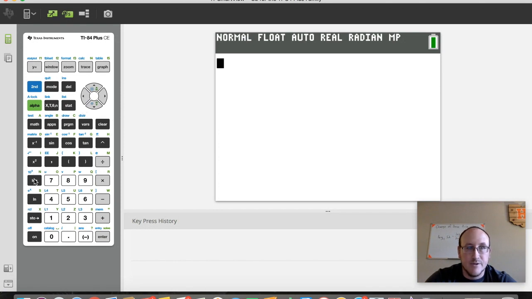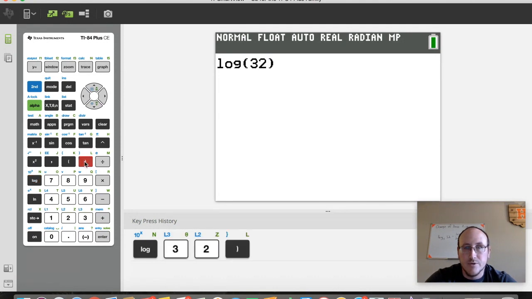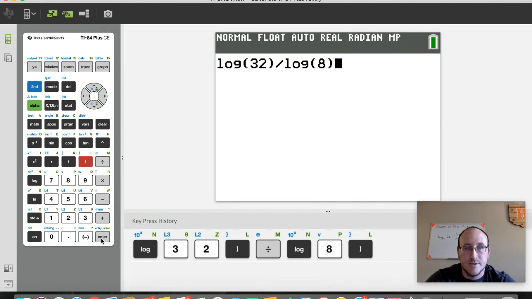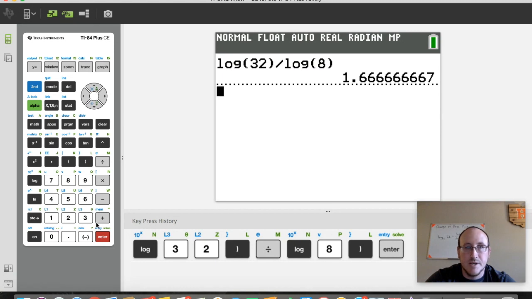So on the calculator, we're going to go over here, we're going to do log 32. We need to make sure that we close the parenthesis after that logarithm. If we don't close that parenthesis, we will be incorrect for that reason. Divided by log of 8. Close the parenthesis. And we can see that that is equal to this repeating decimal, 1.6 repeating, which if you